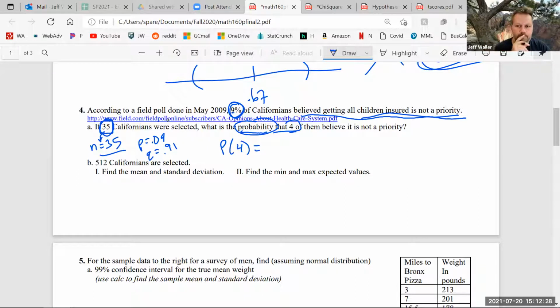Is this the one where we use the n count x or whatever? Yes, n choose x. This will be 35, and I want to choose 4 of them. So that means I got 4 successes, and I got how many failures? 31. Good, because I got 35 total people. Remember the exponents have to add up to be the total number of people. And then you throw in the old calculator and whatever, done.